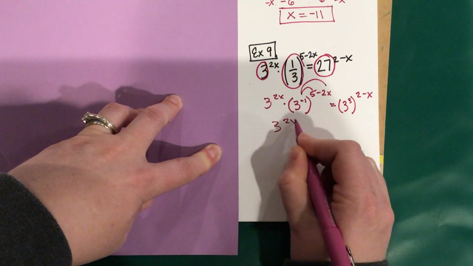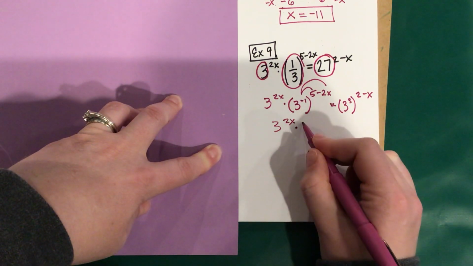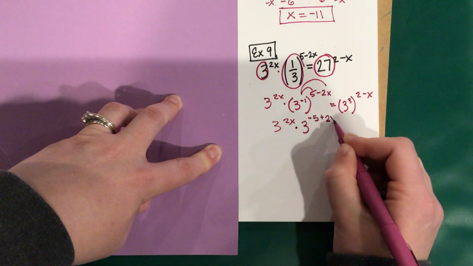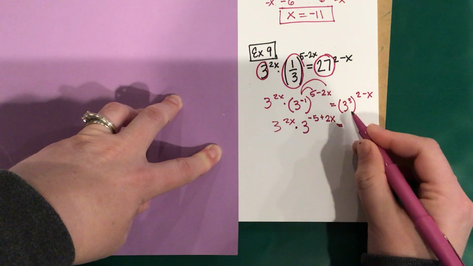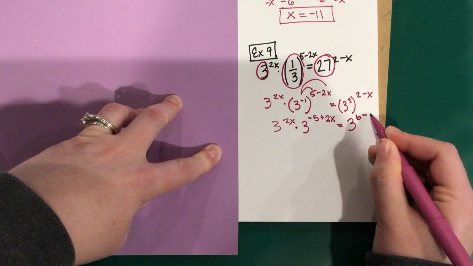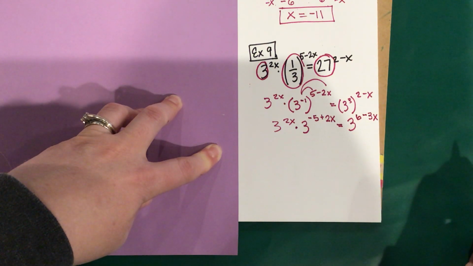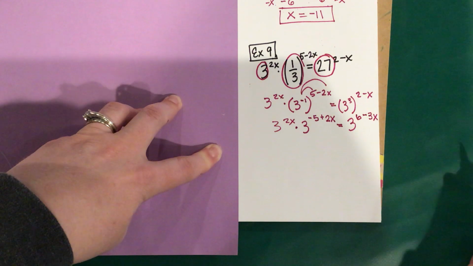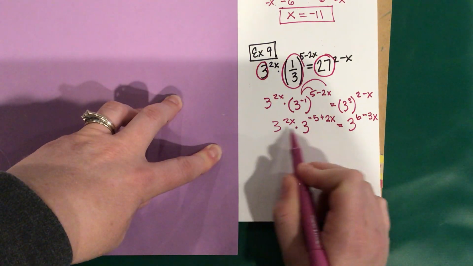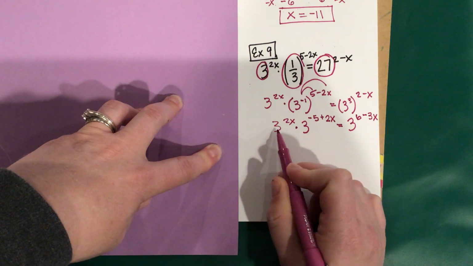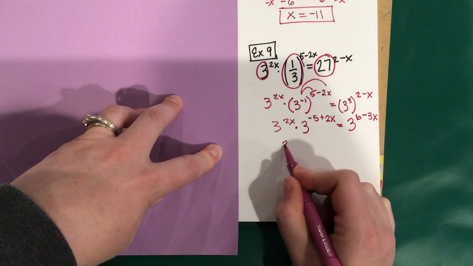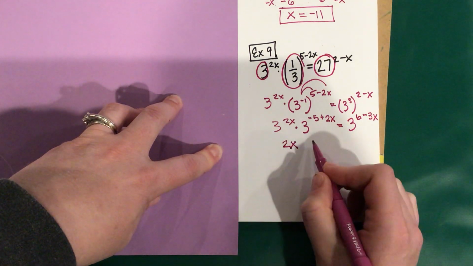So 3 to the 2x times 3 to the negative 5 plus 2x equals 3 to the 6 minus 3x. So now I need to condense this side. When you are multiplying and we have the same base, we're going to add our exponents. So I have 2x,